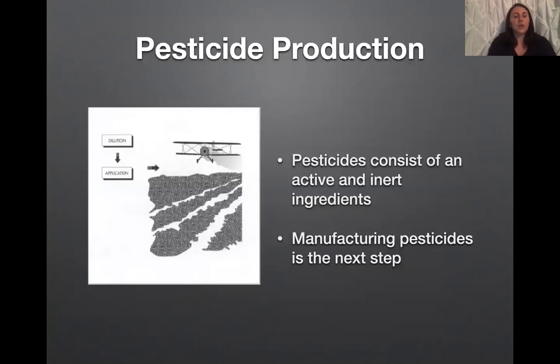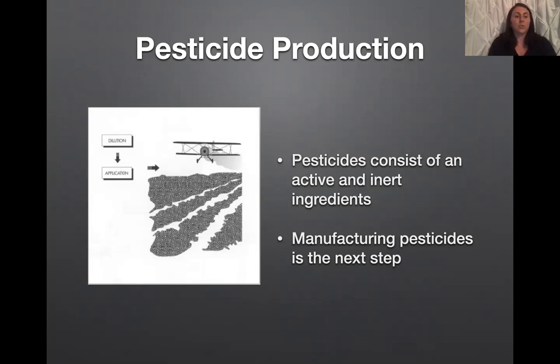The next thing that we're going to go over is the actual production of pesticides. And this is basically passing the things that the chemists did in the lab to the next step, which is synthesizing active ingredients to actually kill the pests. And they also have inert ingredients that allow for spraying and coating of the infected area. So again, this is kind of like our lab, where we're now taking a beaker of a solution and adding other things to it to see what happens.